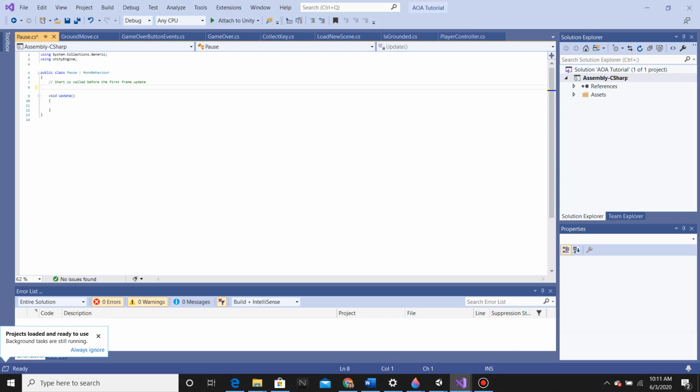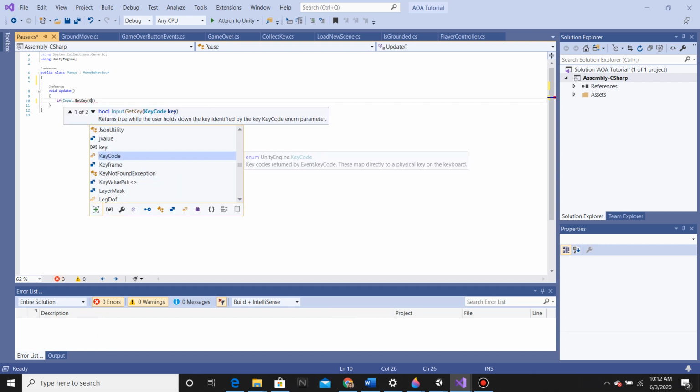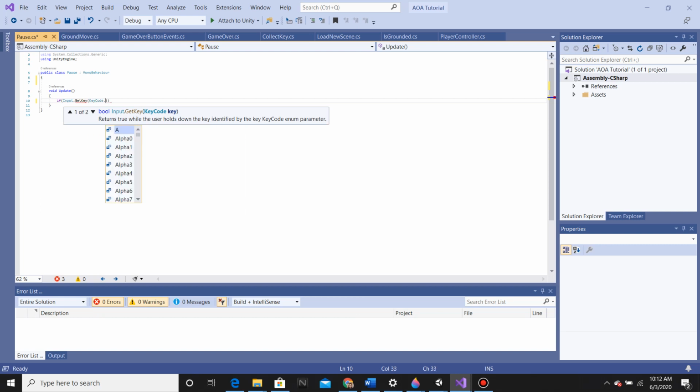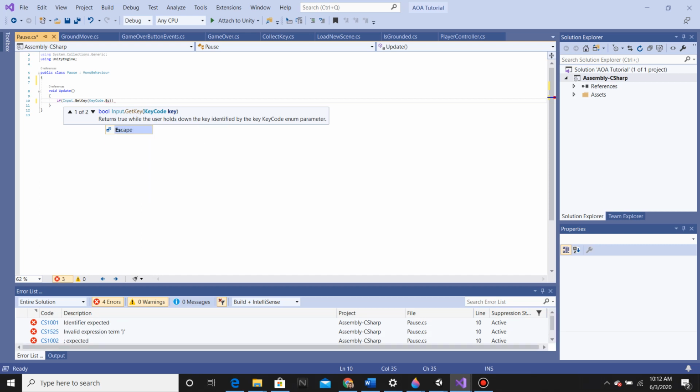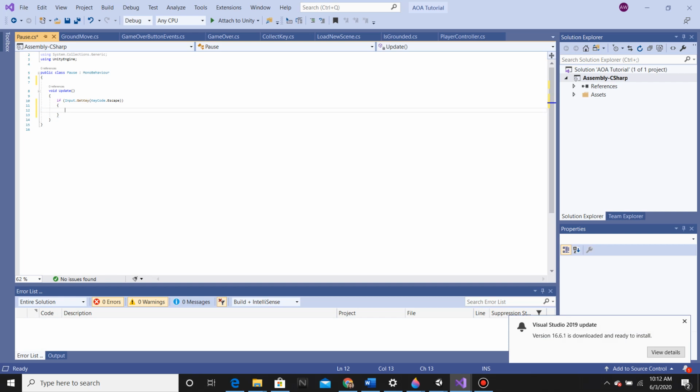I'm going to delete this comment. Now, in this void Update method, which just means it updates once per frame, I am going to change it to if you Input.GetKey. So press a certain key, and then I'm going to do the KeyCode.Escape. Then I'm going to have it so that if you press the escape key, I want it to enable